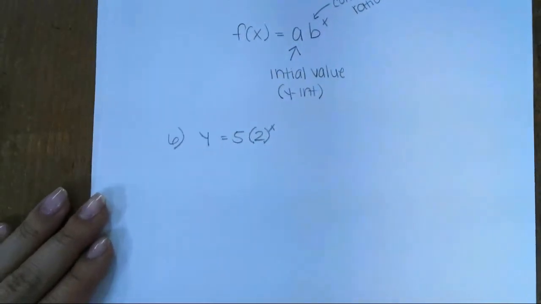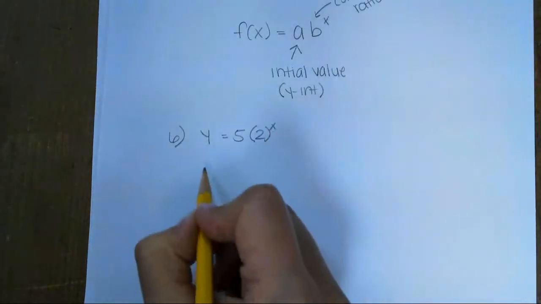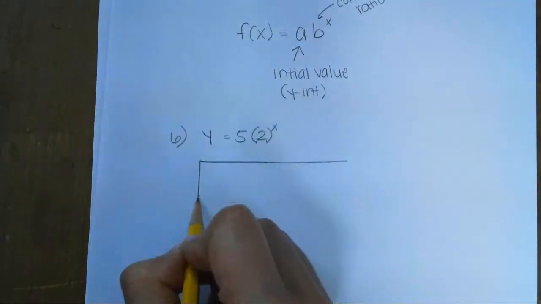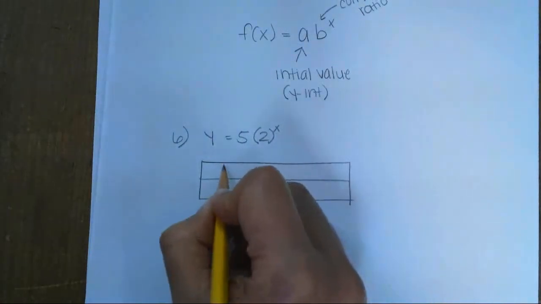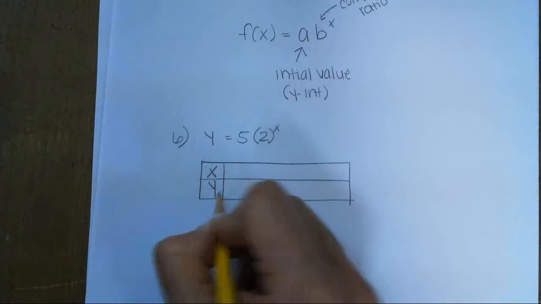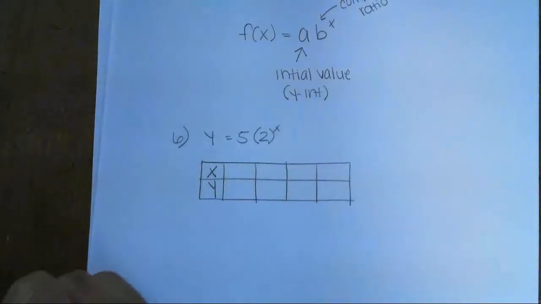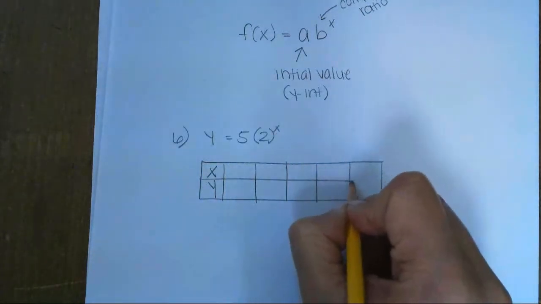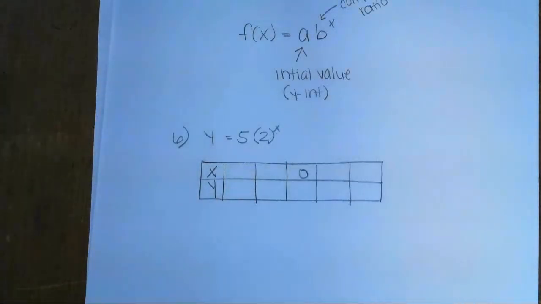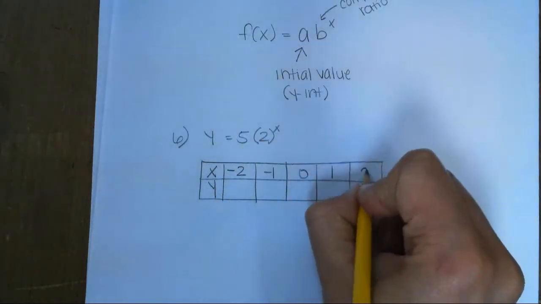So if I want to graph this, I need to choose x values to substitute into x. But I taught you guys a trick. Okay, and so if I have x and y, and now let me go ahead, I'm going to add another section here. Okay, so I'm going to put my 0 in the middle, and I'm going to do -2, -1, 1, and